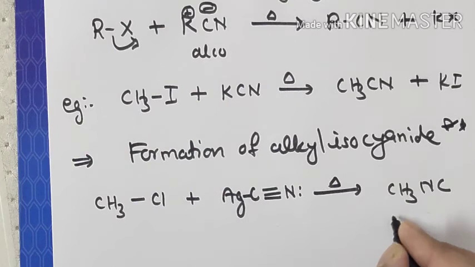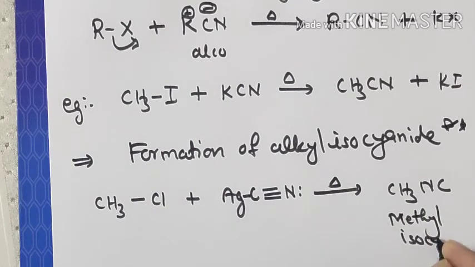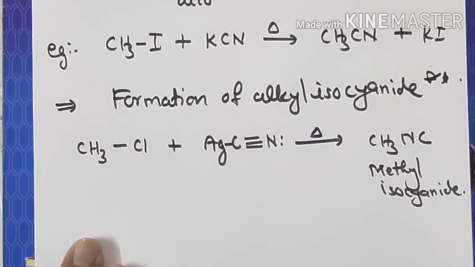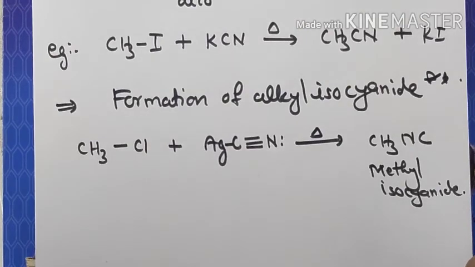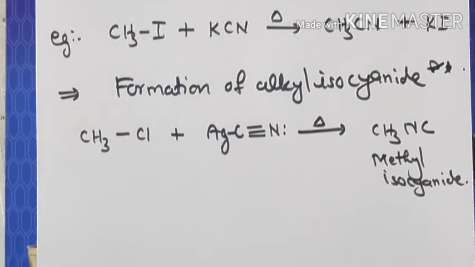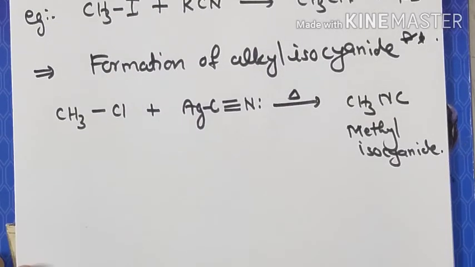Okay, so what is formed? Methyl isocyanide is obtained. I hope you understand the mechanism of this, right? So that should be clear in your mind, why this happens, right, student? Okay. Now moving further,